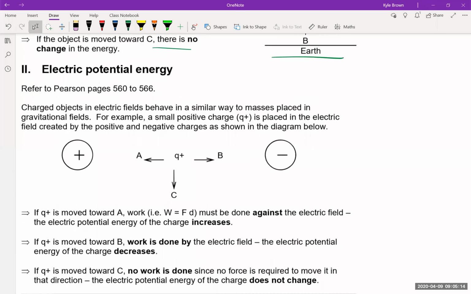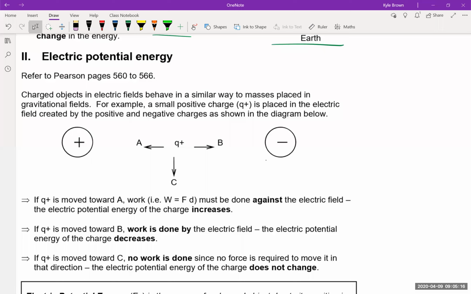So electric potential energy. Same type of idea, but now remember electric fields can be attractive like gravity. Gravity is always attractive, that's all gravity does as far as we know. And electric fields, though, can be repulsive or attractive, and it depends on whether it's positive or negative. So in this case, if we had some charge, Q, some test charge, let's say,